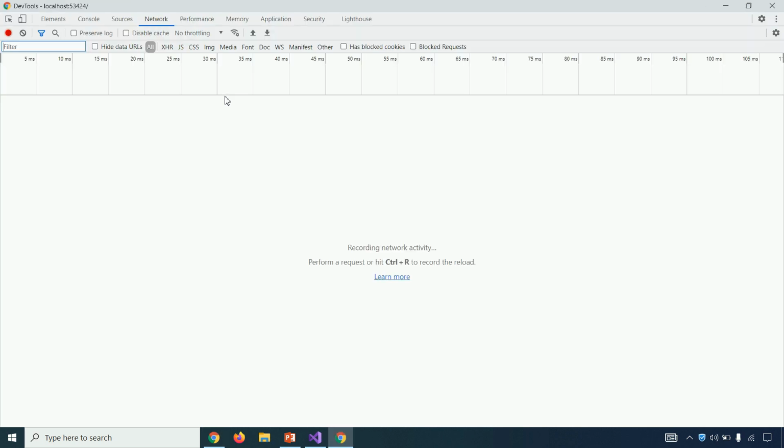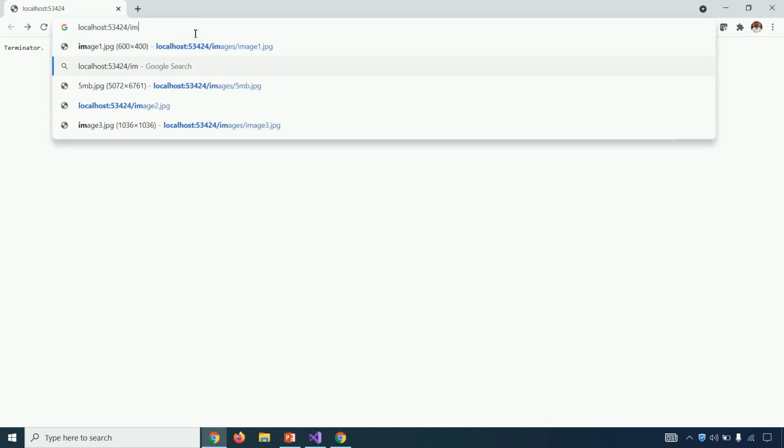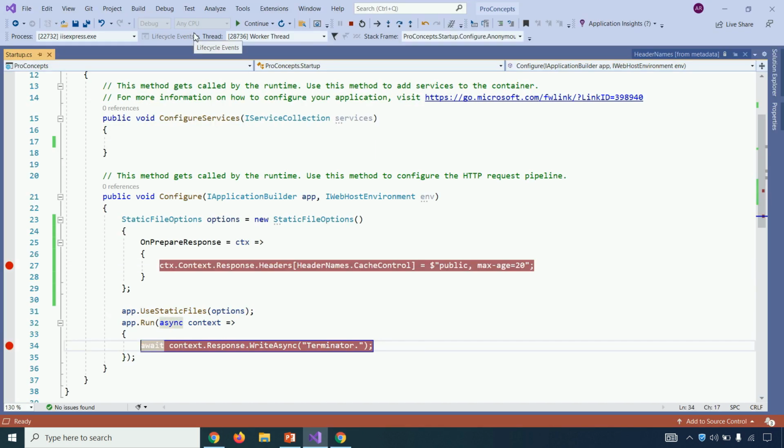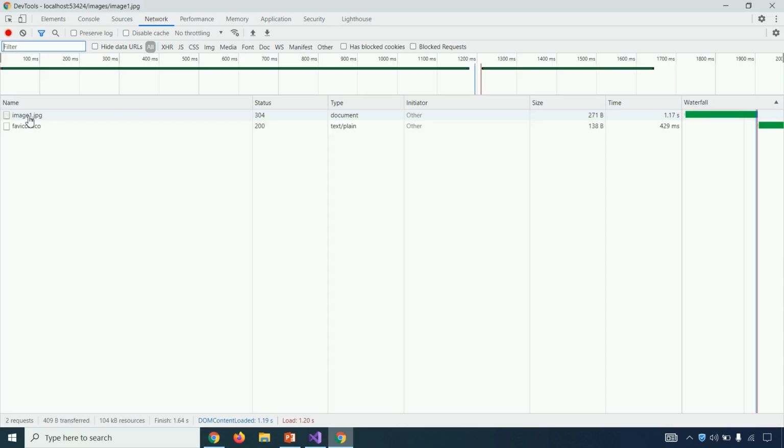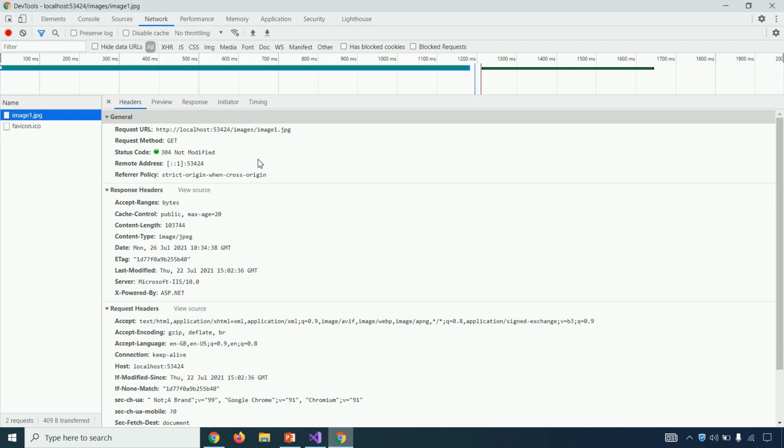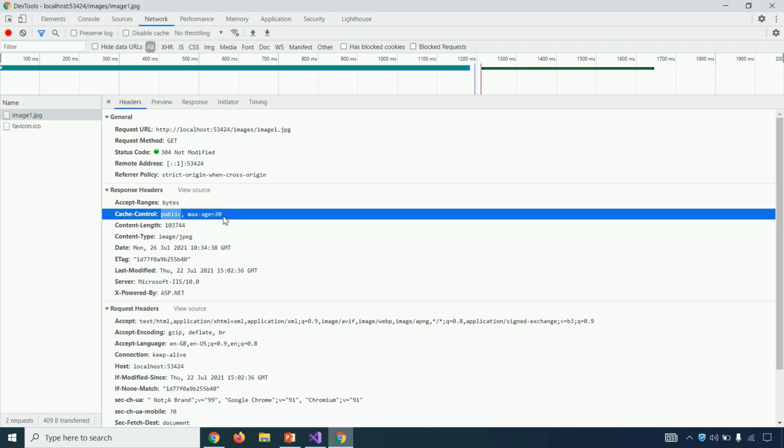So press F12 and change the URL to images/image1.jpg and hit enter. Let's get back to the developer tool and click on image1. And in the response header, you can see that the Cache-Control properties have been set, and it is set to public, and max-age is 20 seconds.